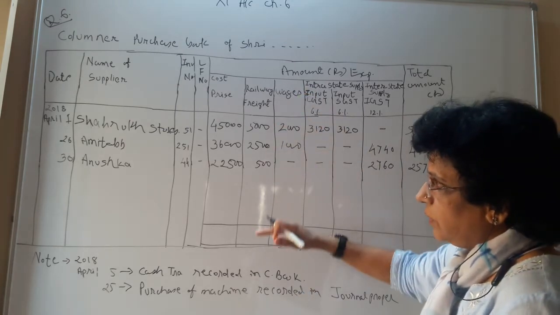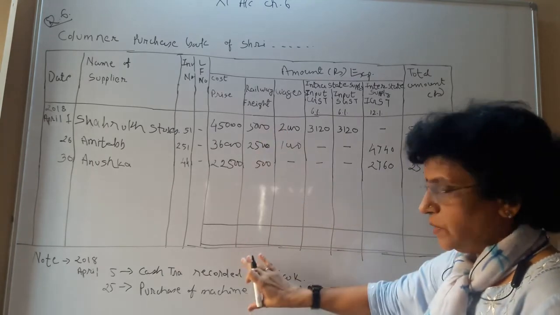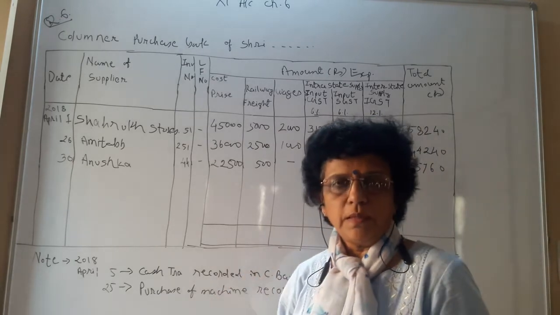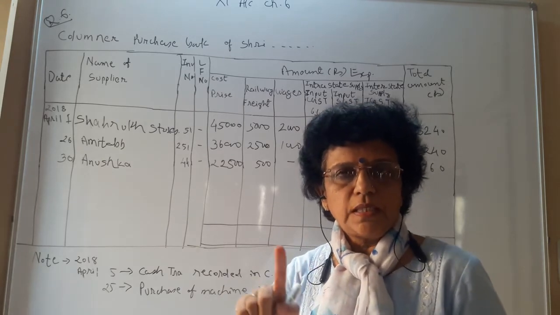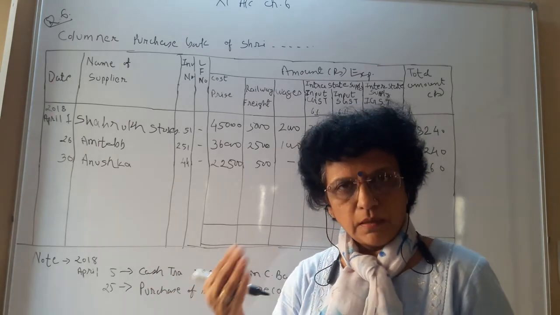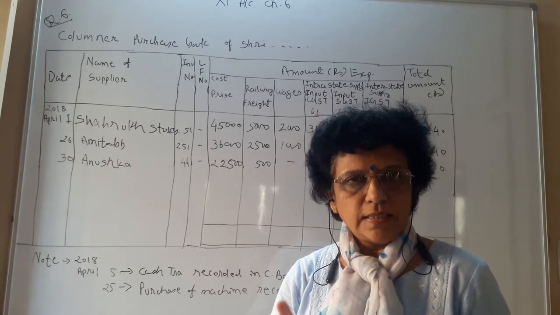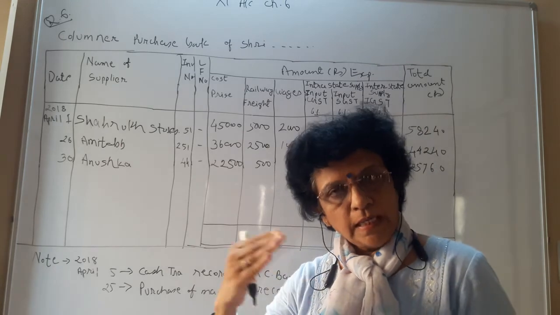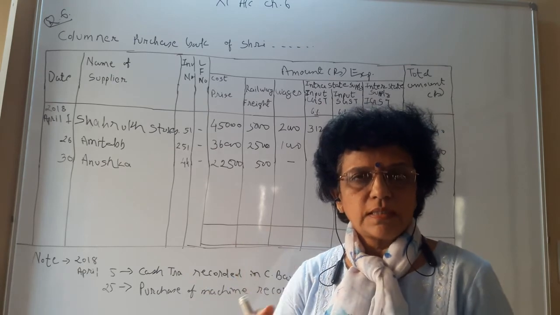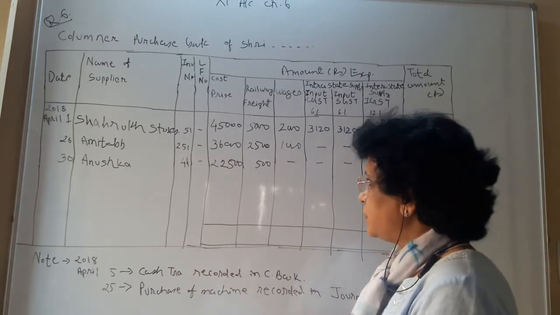Once you record all the transactions, here all 5 transactions are there, 3 are concerned with the purchase book and 2 with other books, and we have written a note for that. So what point do you have to keep in mind? Only credit purchase of goods, business, financial transactions are to be recorded. In other words, cash transactions are not to be recorded, purchase of machine or asset transactions are not to be recorded, and any other subsidiary book transactions like sales, purchase return or sales return are not to be recorded. Only these concerned transactions are to be recorded.